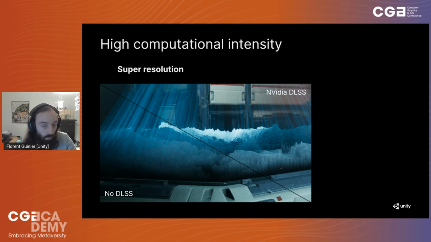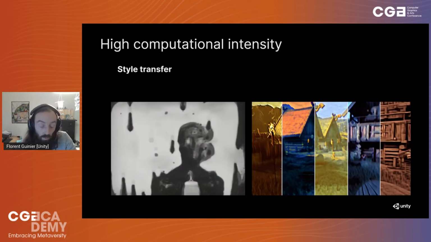And looking to the future, I think there's a good chance those deep learning based techniques will actually address the huge amount of pixels that we will get on screen. So that's one example. Style transfer is another one, and we will have a deeper look at it because the demo we'll look at the end of this presentation is actually about style transfer.